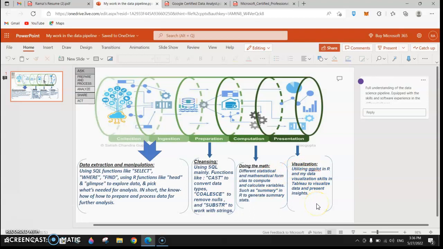Finally, the analyst is left with presenting his findings using easy-to-read visuals which would be shared across the organization to help in leading data-driven business decisions. In such a process, I would utilize ggplot in R or my data visualization skills in Tableau to visualize data